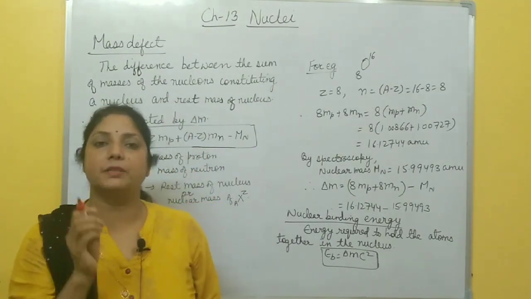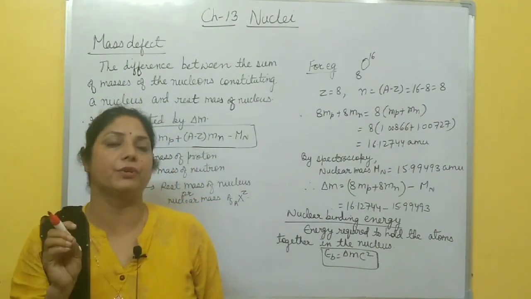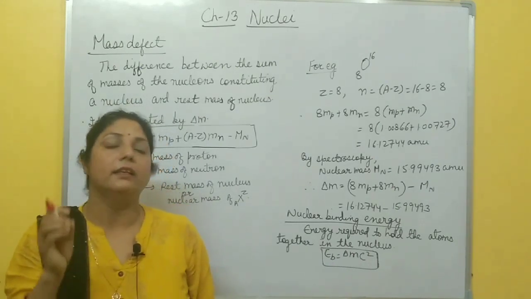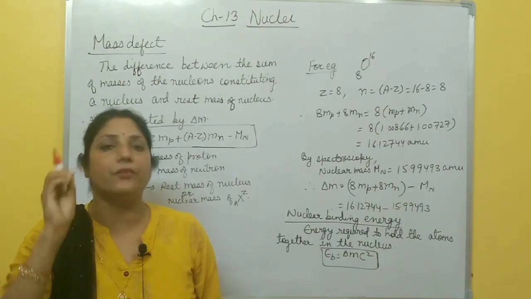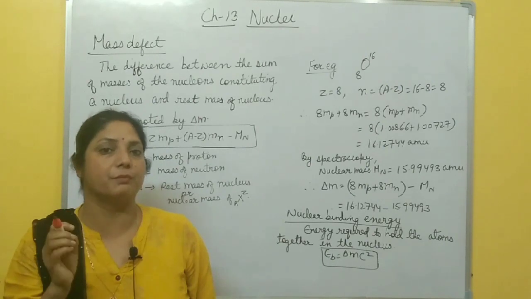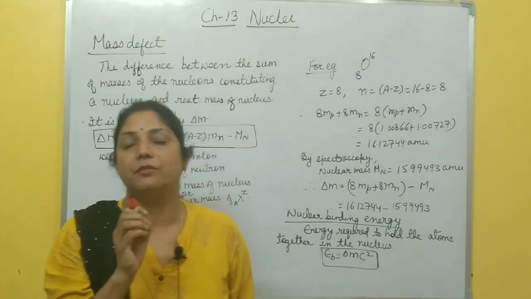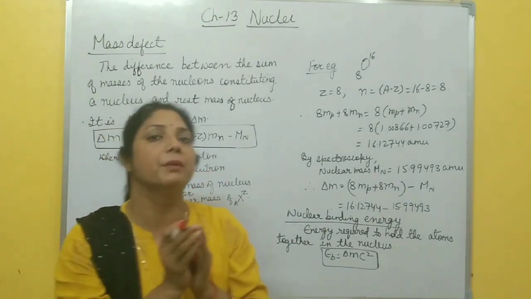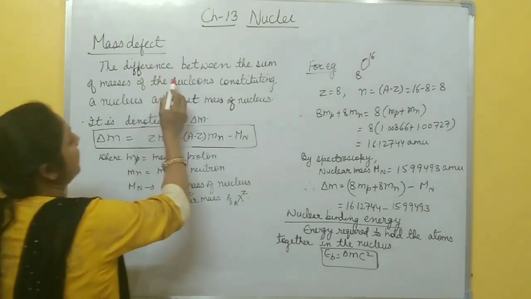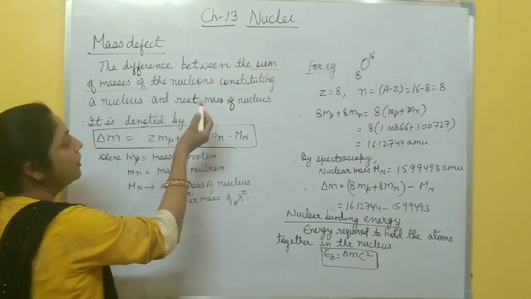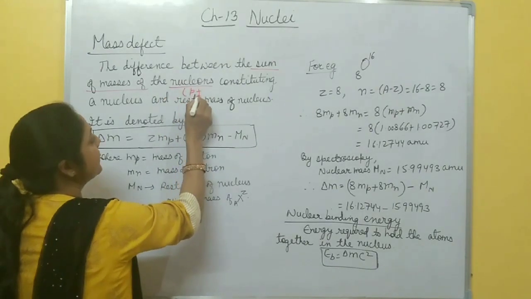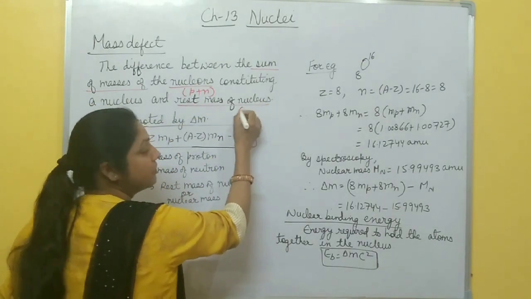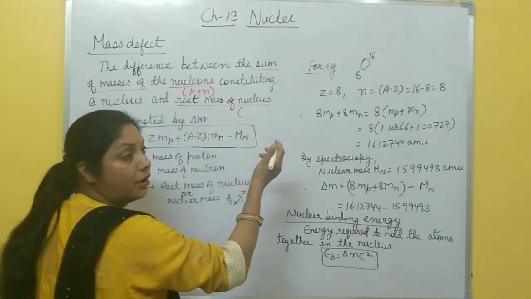You know, the nucleus is made up of nucleons, that is protons and neutrons, and the sum of the masses of protons and neutrons together is always greater than the mass of the nucleus when it is at rest, in a stable condition. That is called rest mass. This difference between the sum of masses of the nucleons, protons plus neutrons constituting a nucleus, and the rest mass of the nucleus, when the nucleus is at rest or in a stable state,